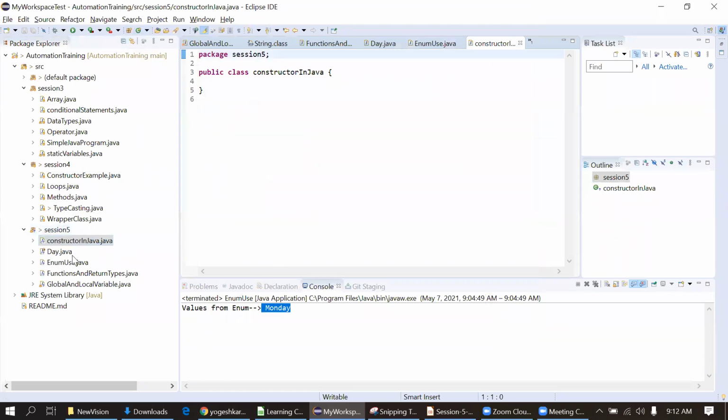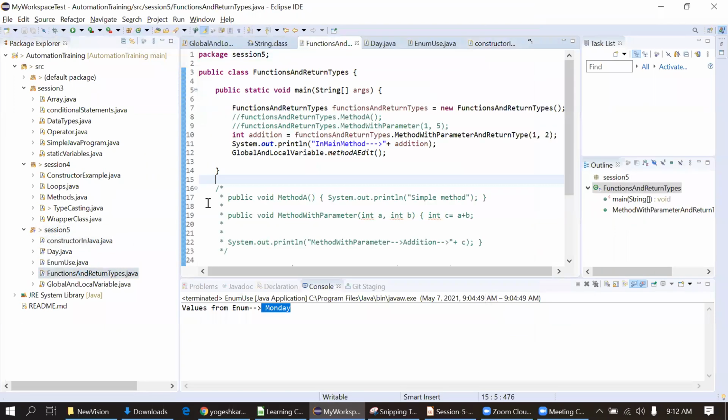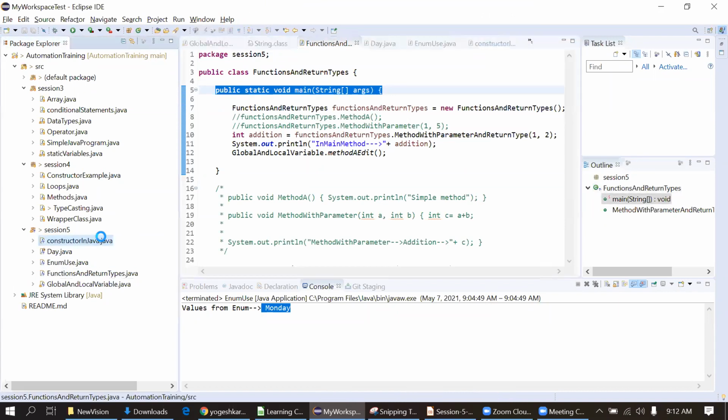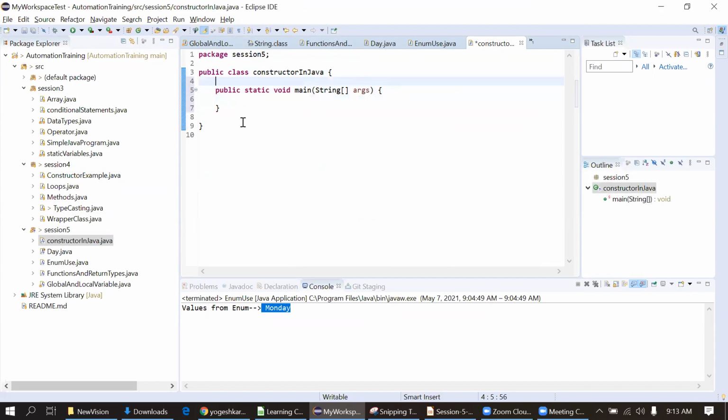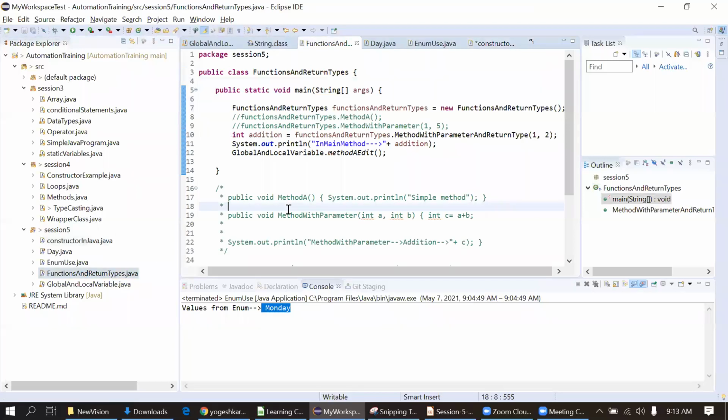Again, I forgot to write the main method. I will just copy it from another class instead of typing.